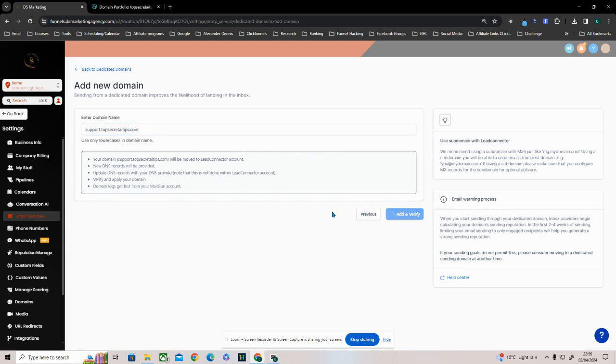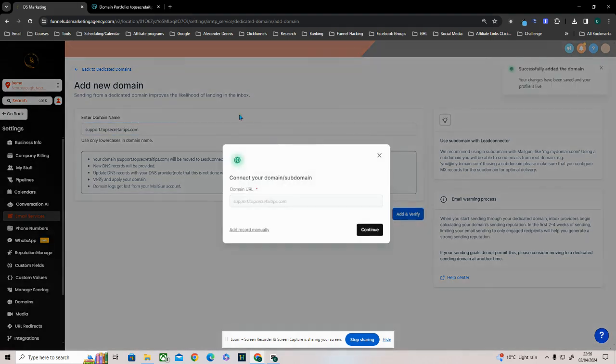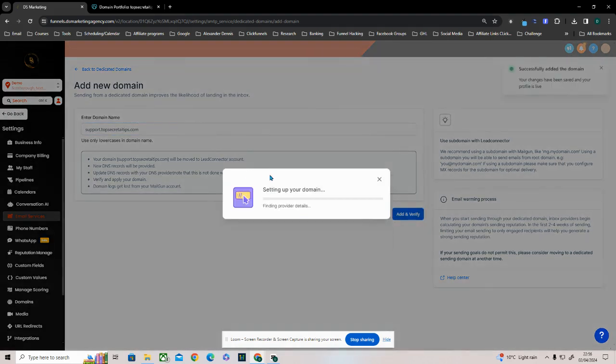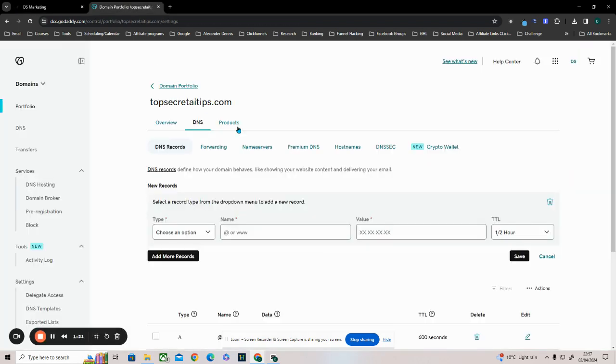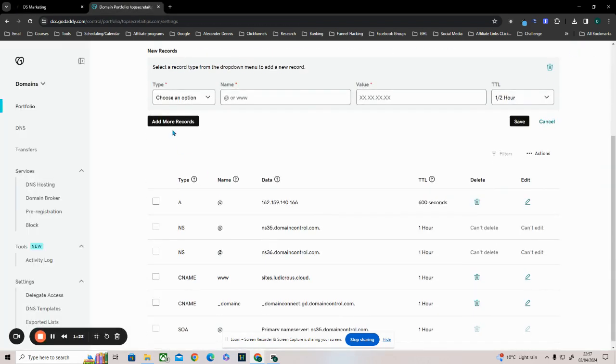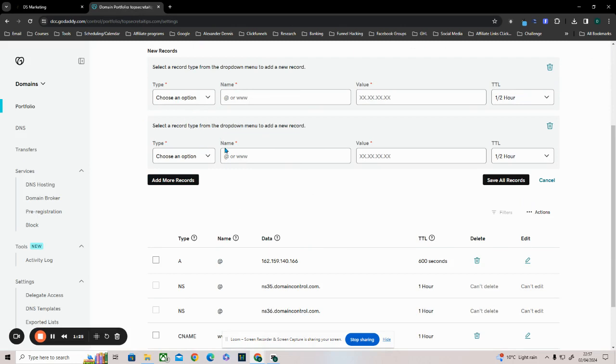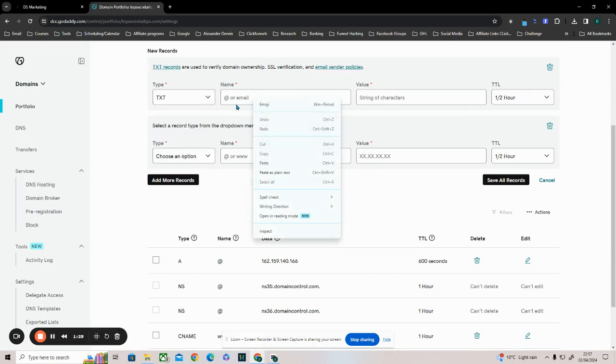What this will do now is it will go and actually search for our DNS settings, and we're going to go OK, and then this should populate some settings that we're actually going to have to go and put inside GoDaddy to get it all to work. So these are the exact records we're going to add. We're going to go in and add a text record first. So if we go in and add some records, we're going to add a text record,